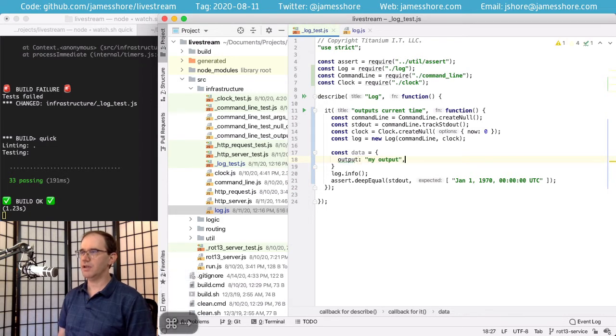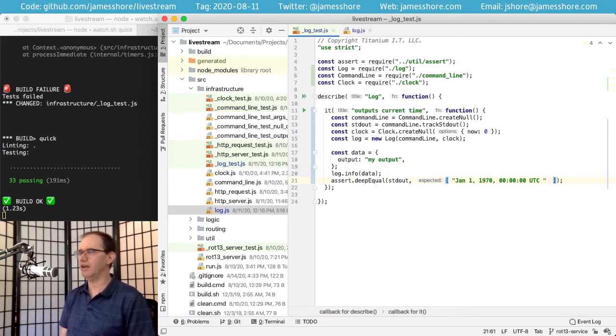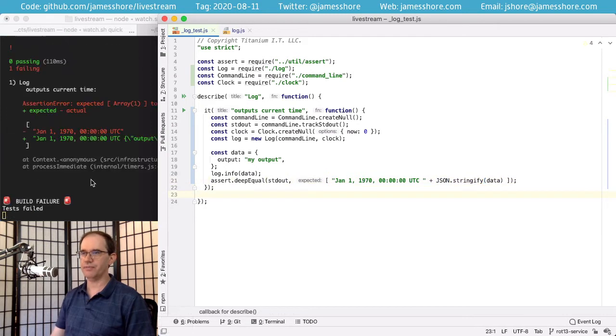Let's see. We'll output that here, and then we'll expect that our result will be the time. Now the time could go in our structured output, but I like having it at the beginning as a regular string. It makes the logs a little bit easier to read, and it still can be parsed by the log aggregators just fine. I'm going to say that we're going to stringify our data, and that's the expected result.